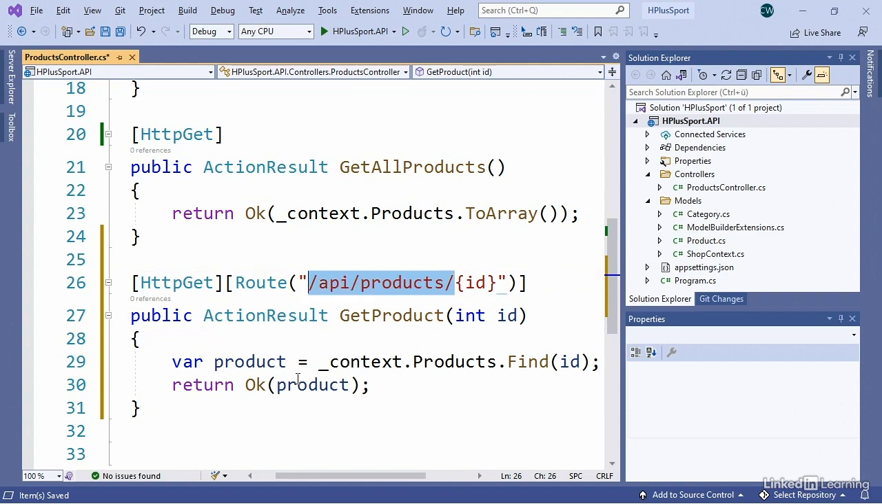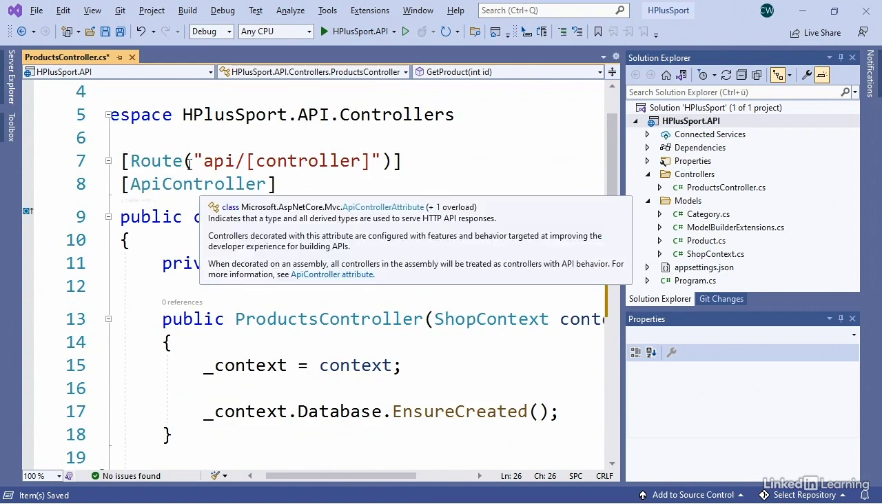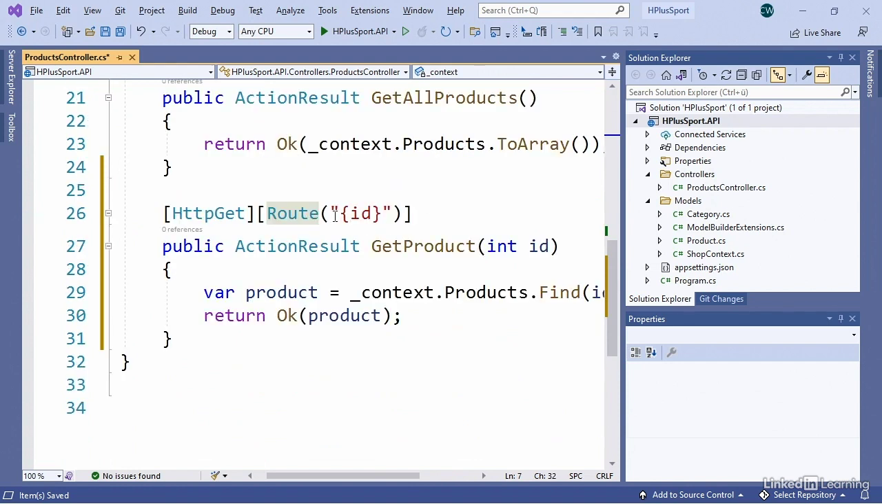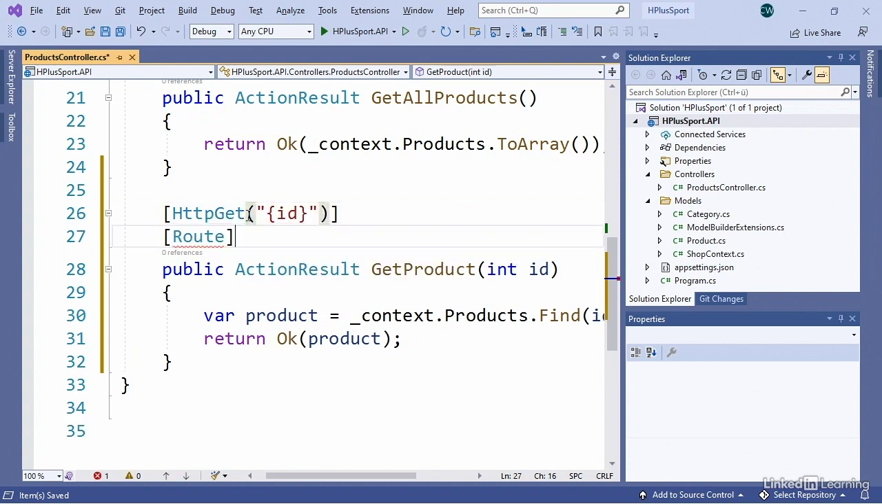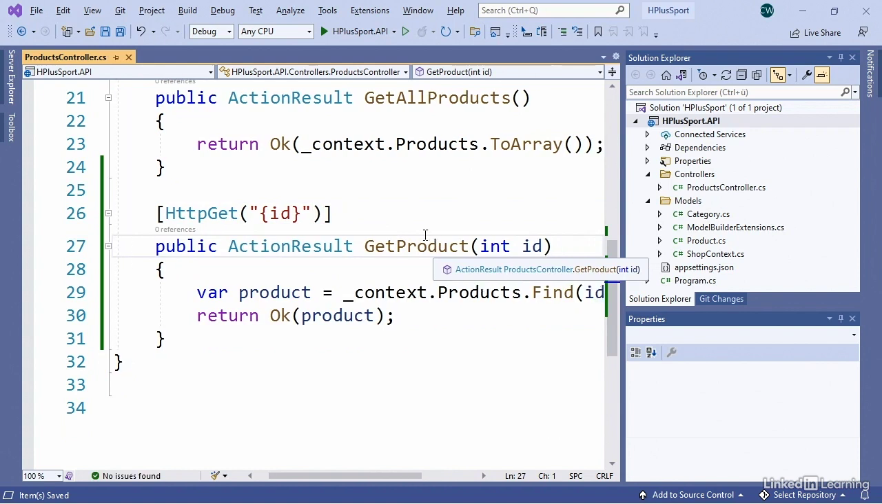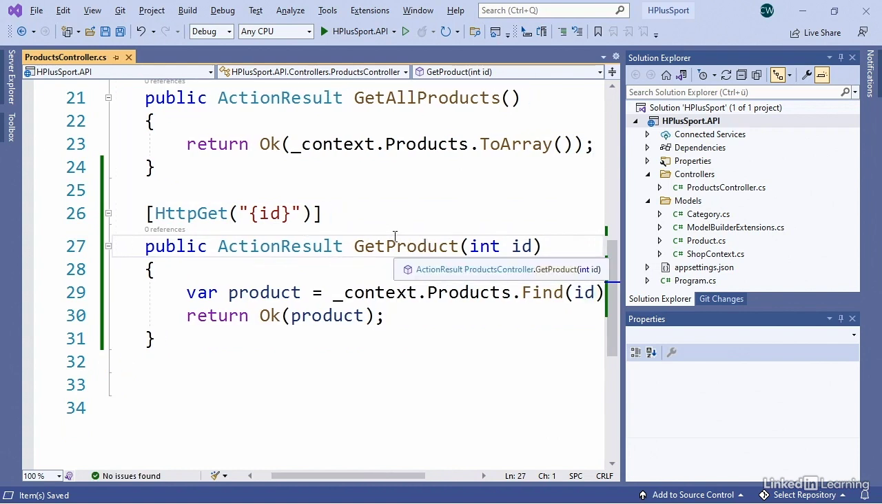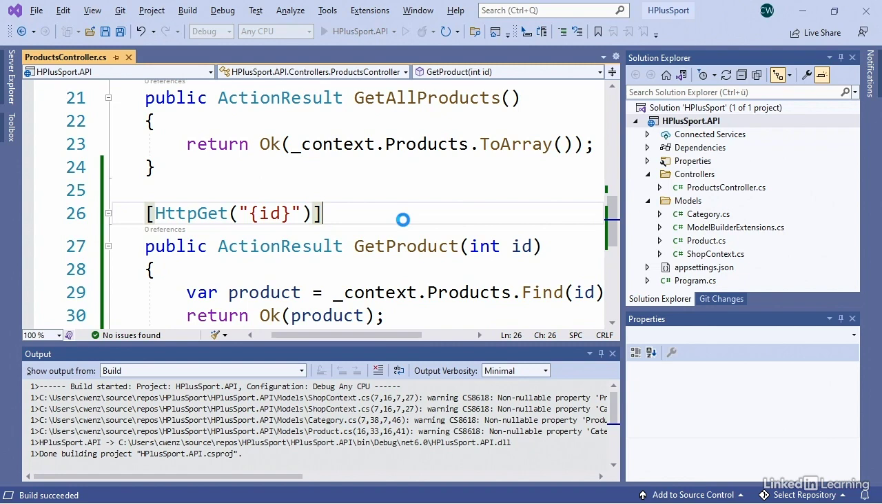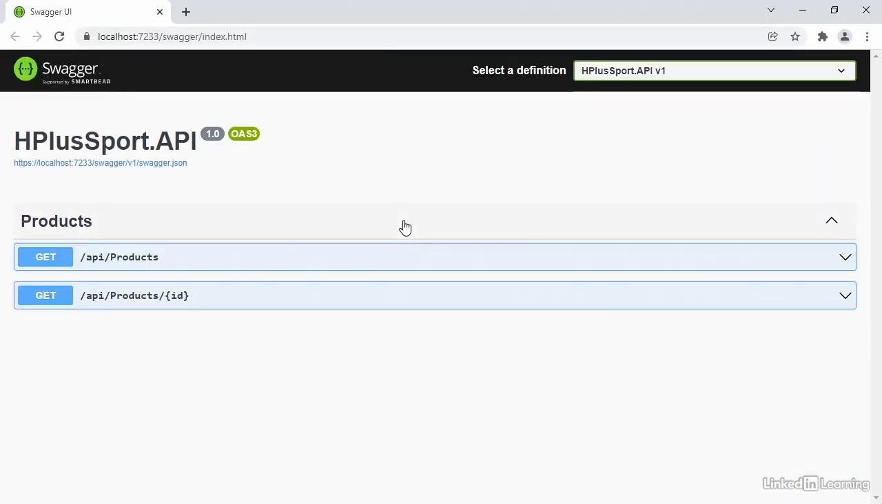Or we could just use the ID because we have the base route on the class level. Or, and that's a kind of nice abbreviation, I just use this and put it into the HTTP GET call. So I put the route fragment, so to speak, in the HTTP GET attribute here. And so the ID attribute will be properly set. So when going to the browser, you will see that the UI now shows the additional endpoint